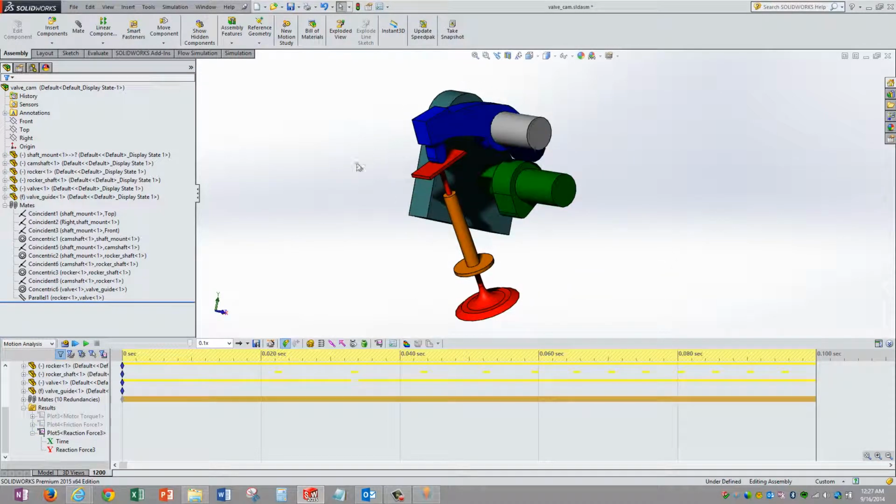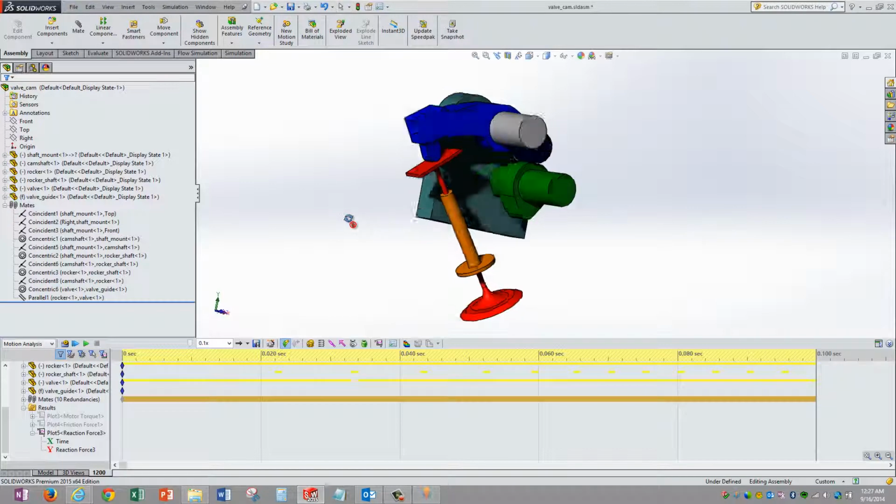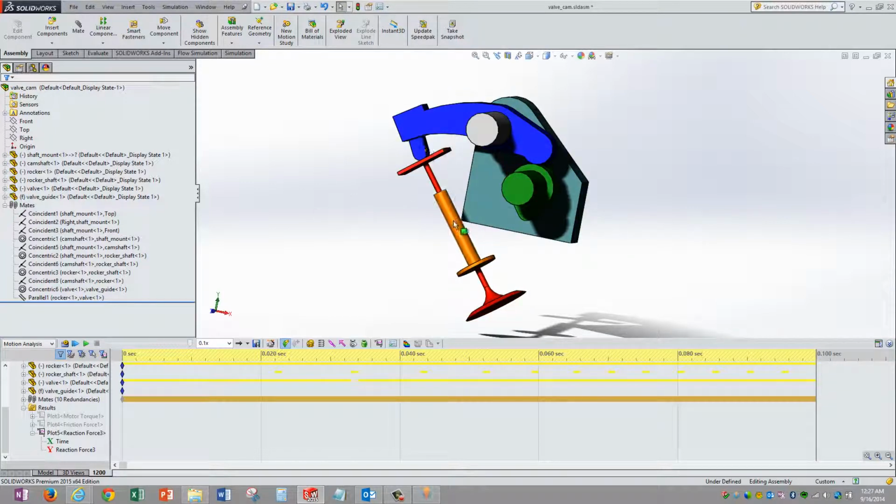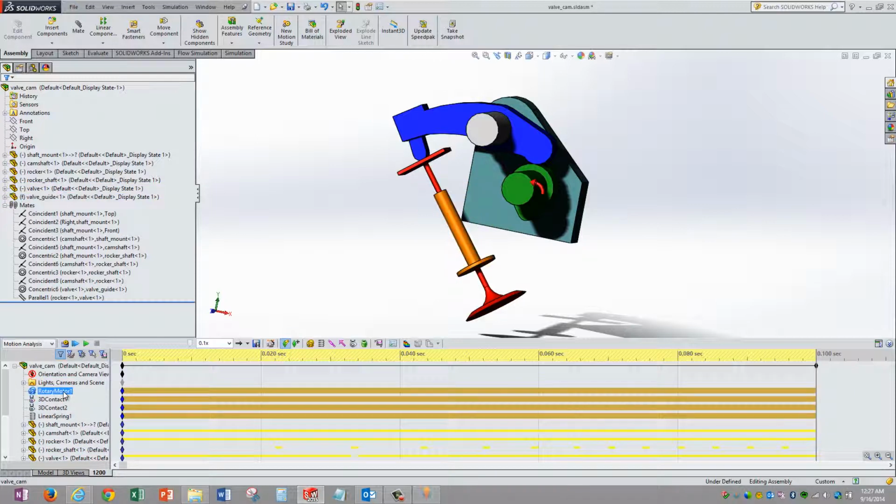And this is what we can get from kinematic analysis. This is a simple mechanism, but for huge mechanisms, and if you want to design these cams, the appropriate spring stiffness, or you want to decide the motor torques, all these things can be designed, utilized and simulated in this particular motion module.